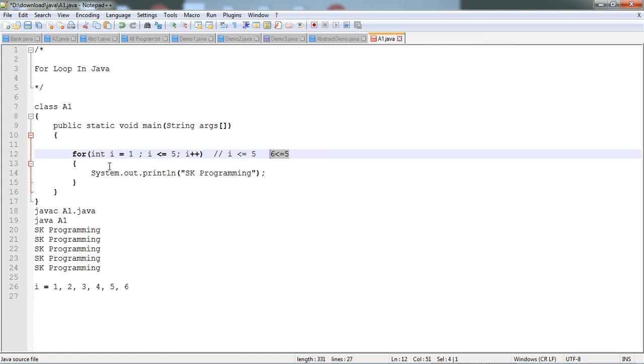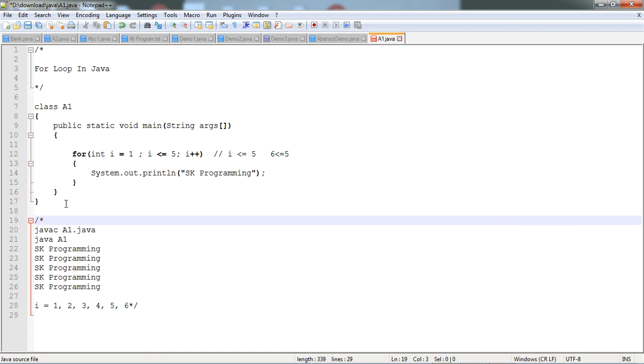That's why the body of the loop is not executed, because if the condition is true, then and only then does it execute the body of the loop. If the condition is false, then the loop is terminated, the main method is terminated and the program is closed. So this will be the output of our program. I comment out that tracing.